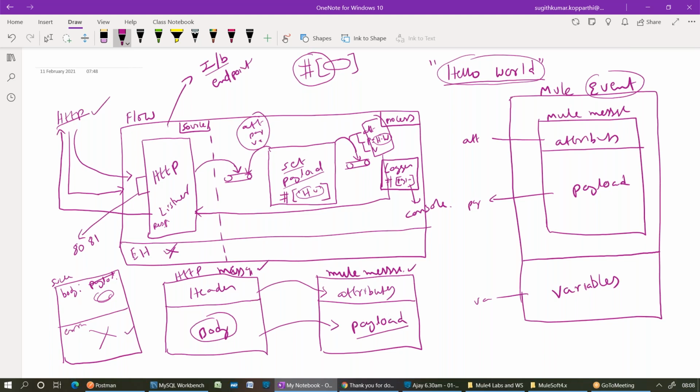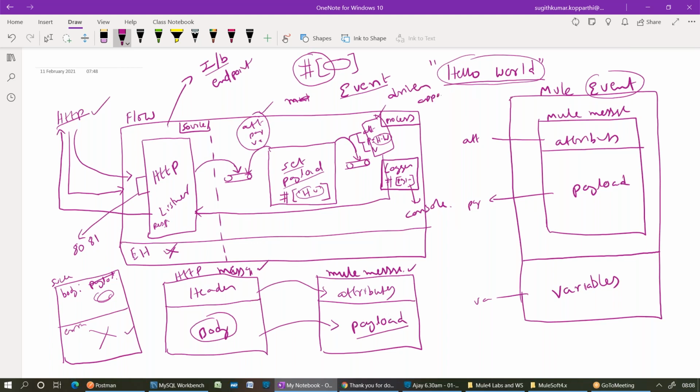So what is propagating between the processors here? The entire event is propagating between the processors, right? That's why Mule follows what approach? Event-driven approach. Very good.